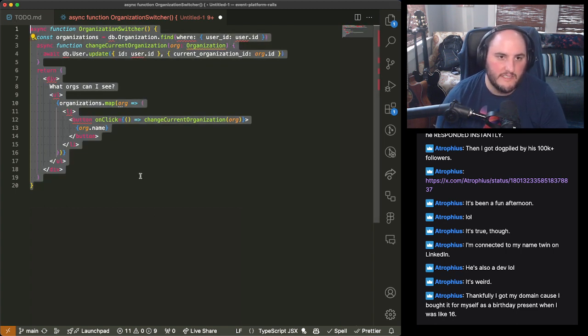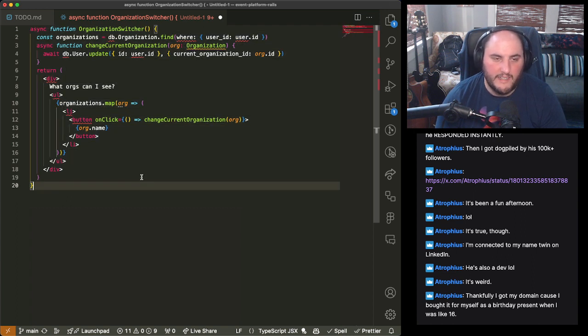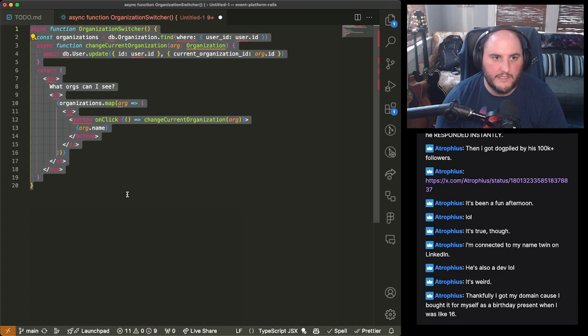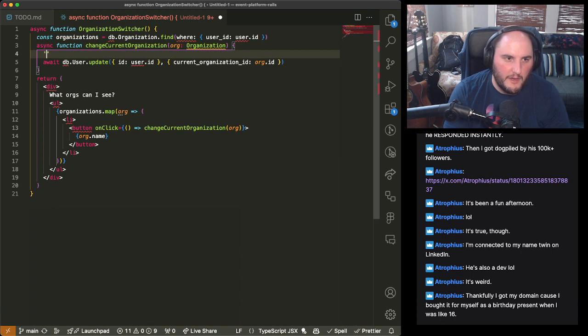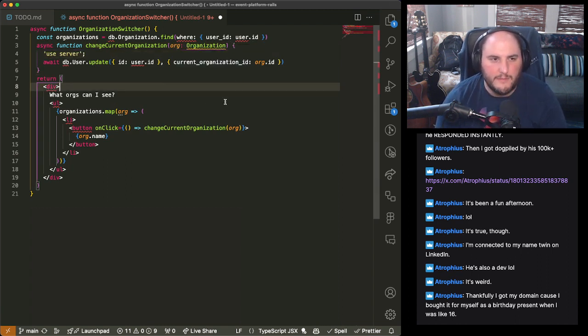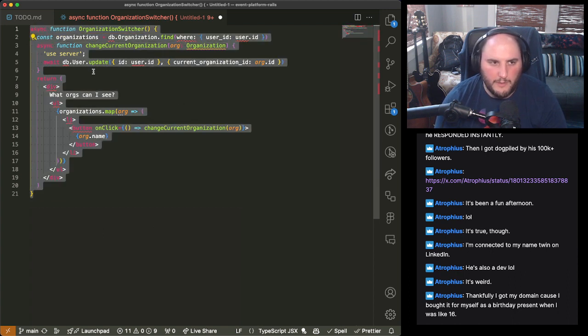And I don't dislike what this would have been in React. I think this is a clean interface with the React server components. But all the mental overhead of getting here in a new system, and also the fact that all of this is a second-class citizen and figuring out how to do it. Also, I probably forgot to put use server, and that probably has to be there. There's some little detailing here that we would have to think through. But overall, this would be the component. This is kind of the equivalent to what I just did in my layout.